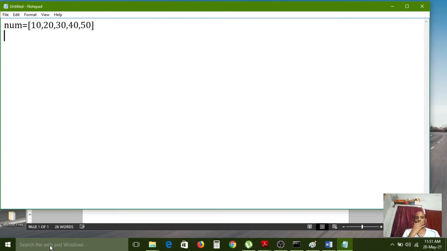For that, first I want to create the numbers list. Created now here. Now for loop: for index in range of num.